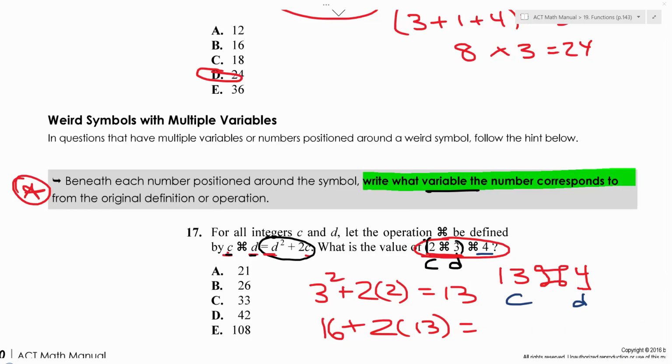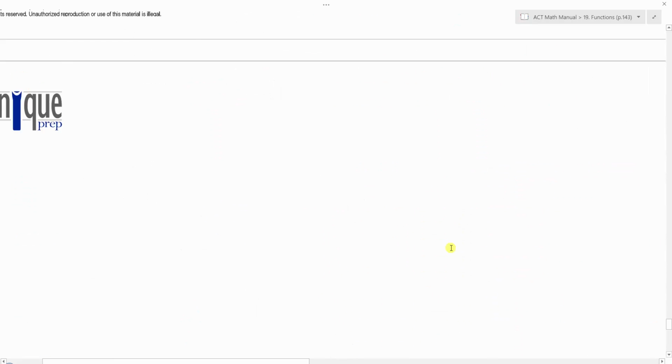I'm going to do that in the calculator, which is over here off screen. 16 plus 2 times 13 is 16 plus 26, so it should be 42, but I'm going to confirm. Yes, it is 42, and indeed that's what they were asking us for, this stuff up here, so we are done. So again, I would write down what the variable correspondence is. The 2 corresponds to the c, the 3 to the d, and then in the new function, the 13 corresponds to the c and the 4 to the d. Now, finally,